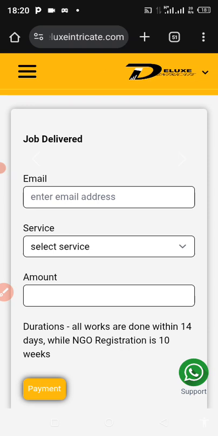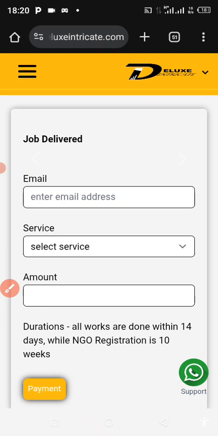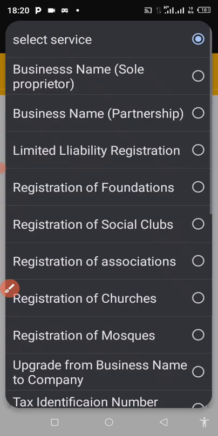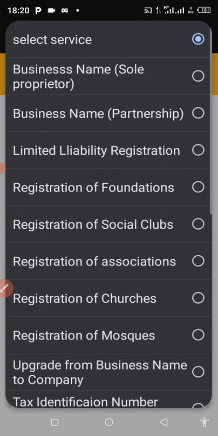Then you see where they point to, this service here. Then they will tell you to select service. You just click on the arrow there. How I do it is, you see all these services, all these names, all the services that they register,